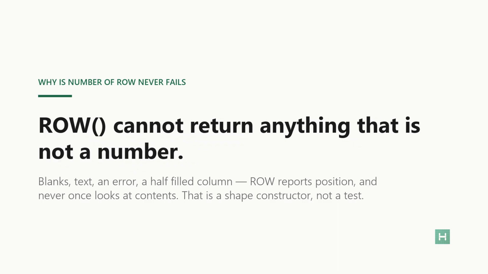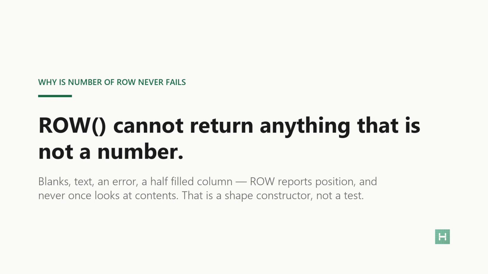ROW can only ever return row numbers. There is no data you can put in those cells that makes ROW return something that is not a number. Blanks, text, an error, a half-filled column. ROW does not look at contents, it reports position. So ISNUMBER of ROW is true for every element, always, and the array it hands back is exactly the